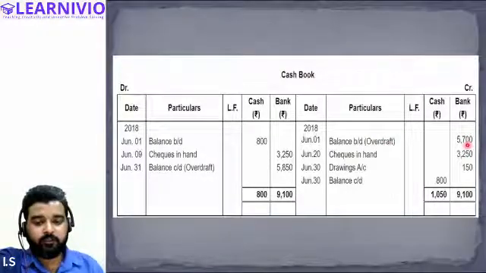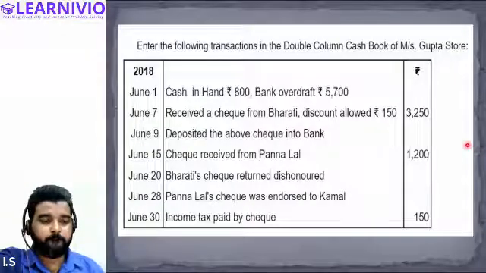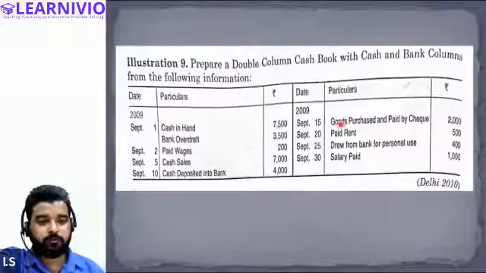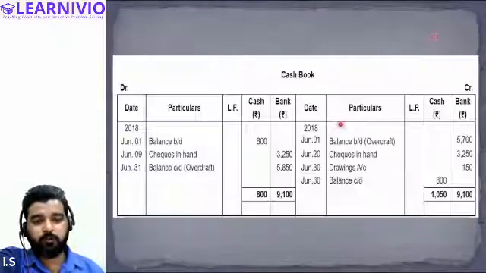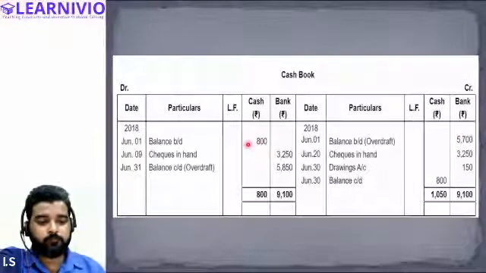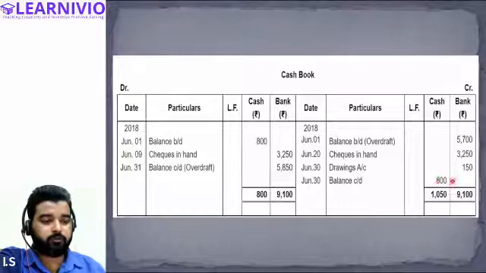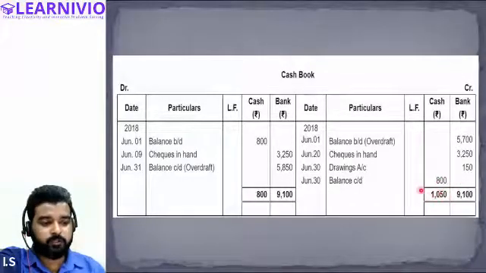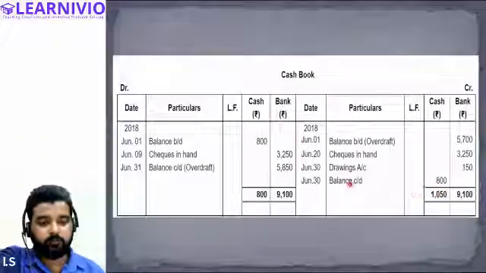After that, on the credit side, won't the total be 800? The total cash in the solution. So By balance b/d will be recorded on the debit side, no? No, sir, the credit side, the total cash. So it will be 800, no? Okay, you are talking about this. Yes, sir. This should be 800. This is incorrect. Okay, no problem. Yes, sir, the rest is correct.